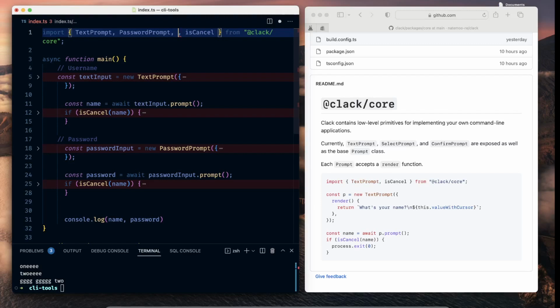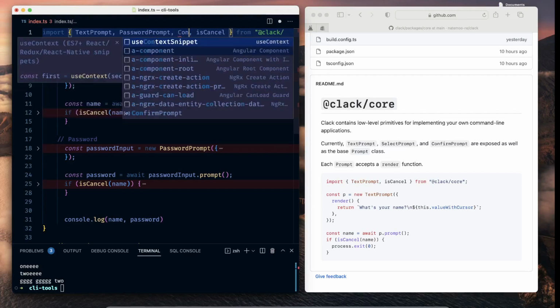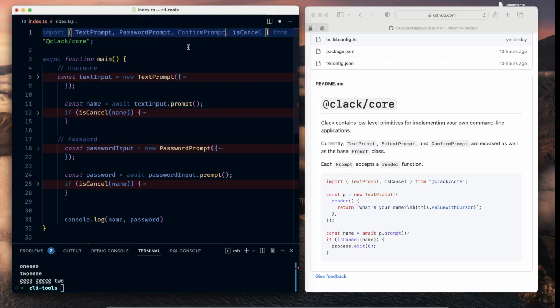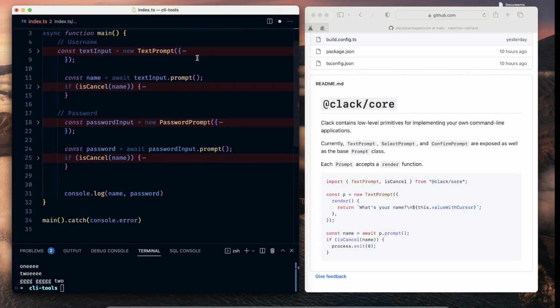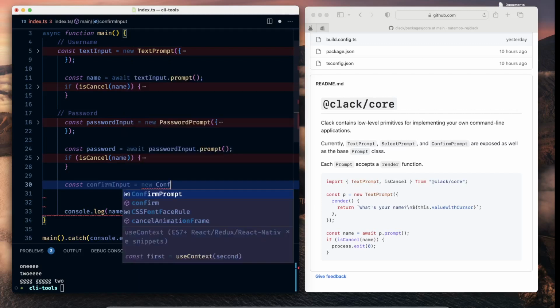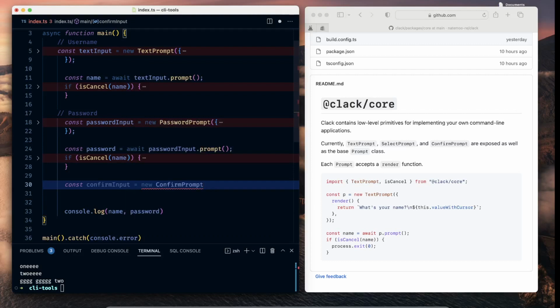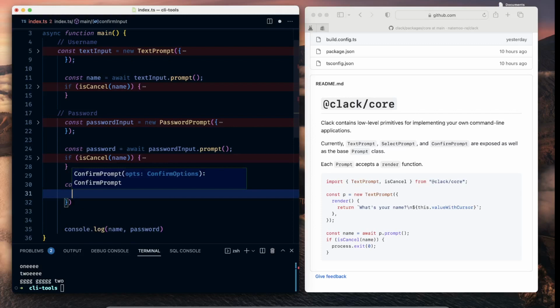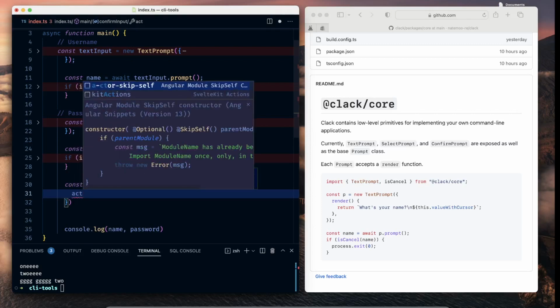clack-core also offers something for confirm prompts. If we need to show a confirm prompt, we can import confirm prompt from clack-core, and then again in the same manner say confirm input equal to new confirm prompt, and there we can initialize with the initial values. The initial values it takes are basically